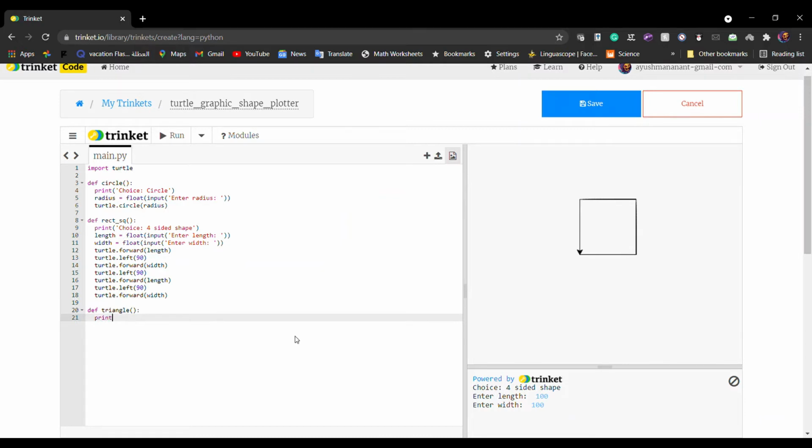Print our choice being triangle. Alright, then let's check our side one. So float, input, enter the value for the first side, space. Alright, side one,